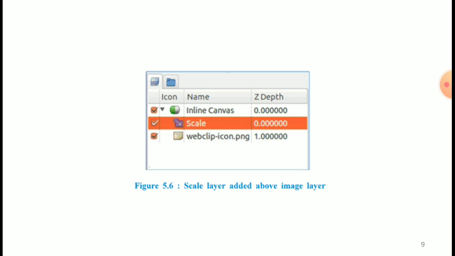Select the image layer and then right click, then New Layer, then Transform, and then Scale. You can see a scale layer is added on top of the image layer as shown in figure 5.6.